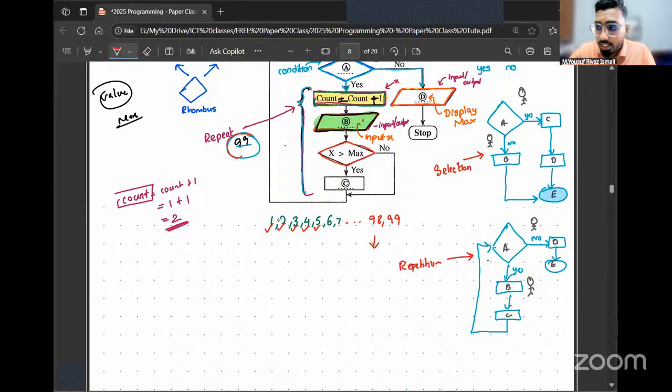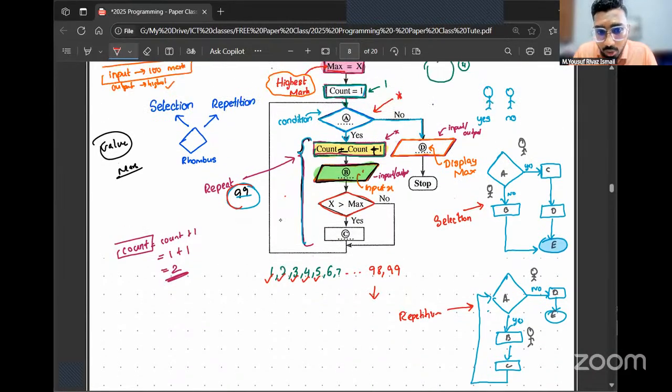Yes, because you can see when count is equal to 1, before we check the condition, only then are you going to get the first value from the user. Second value from the user. Technically, you're taking a value the first time there only.